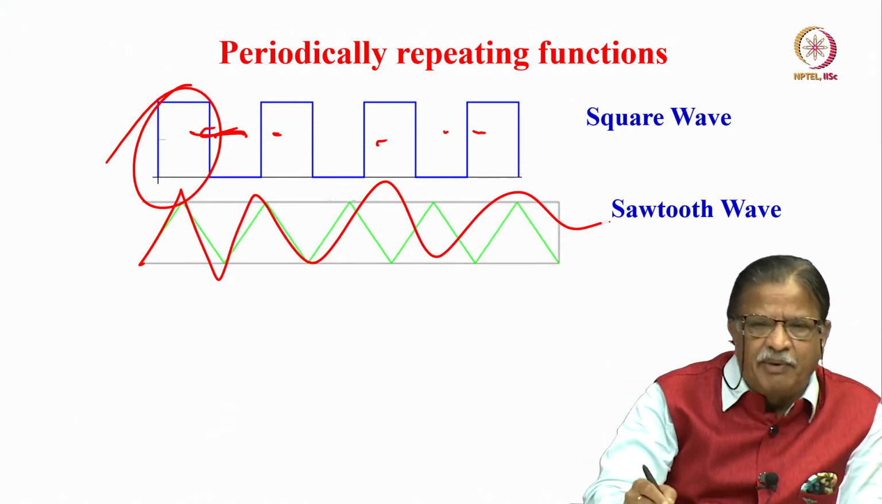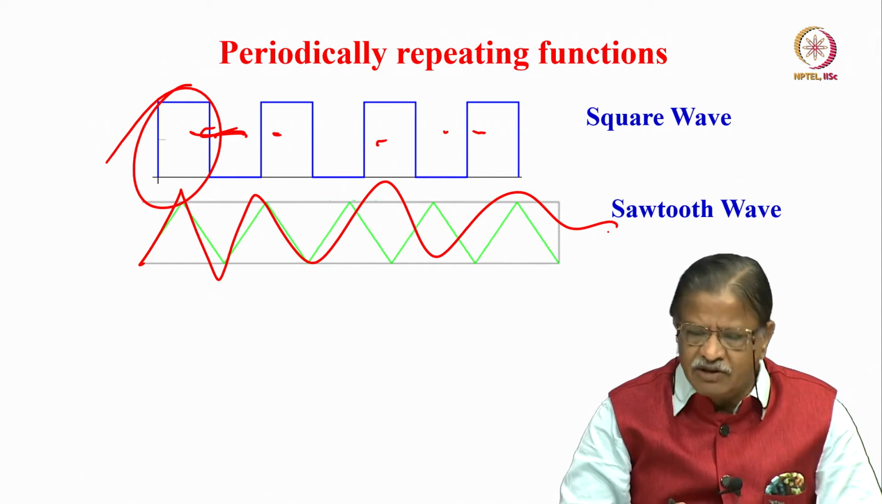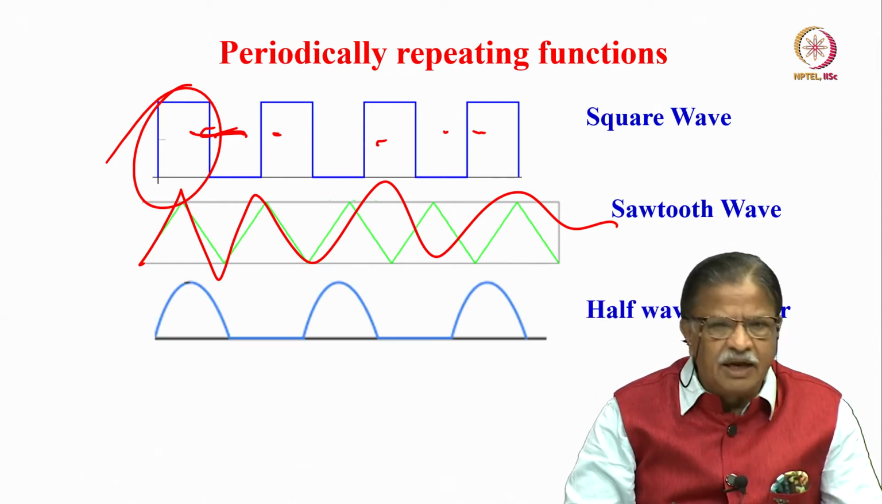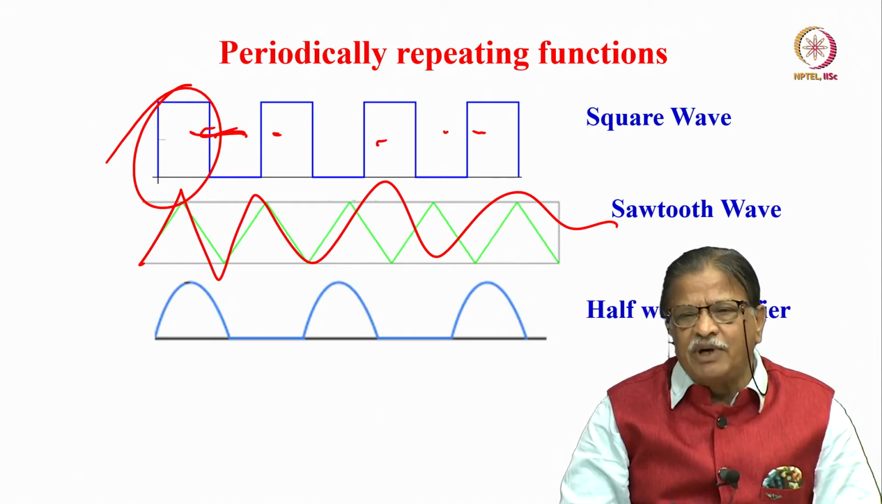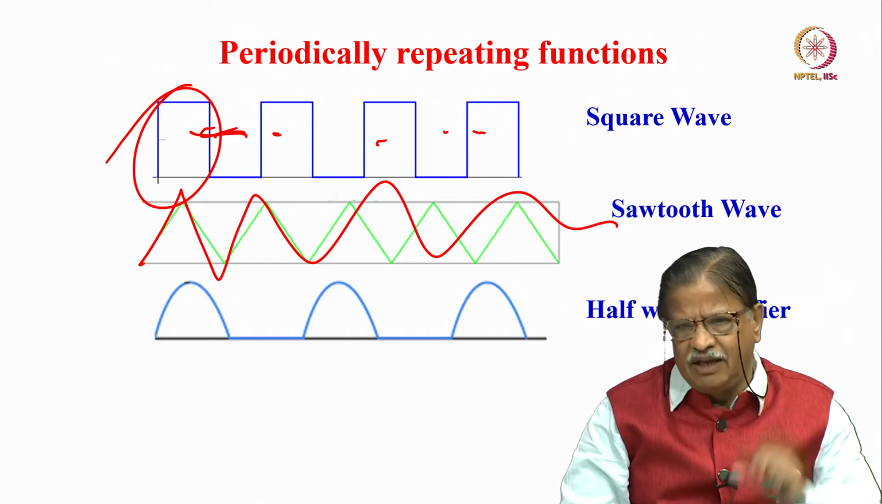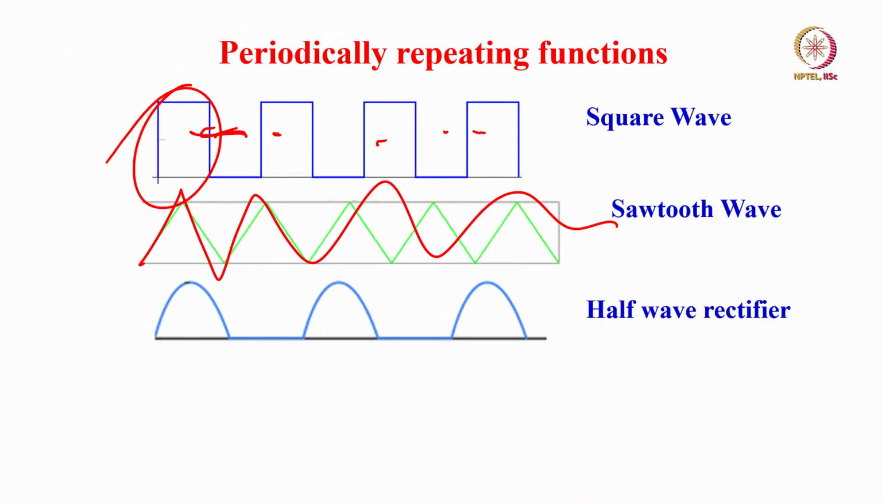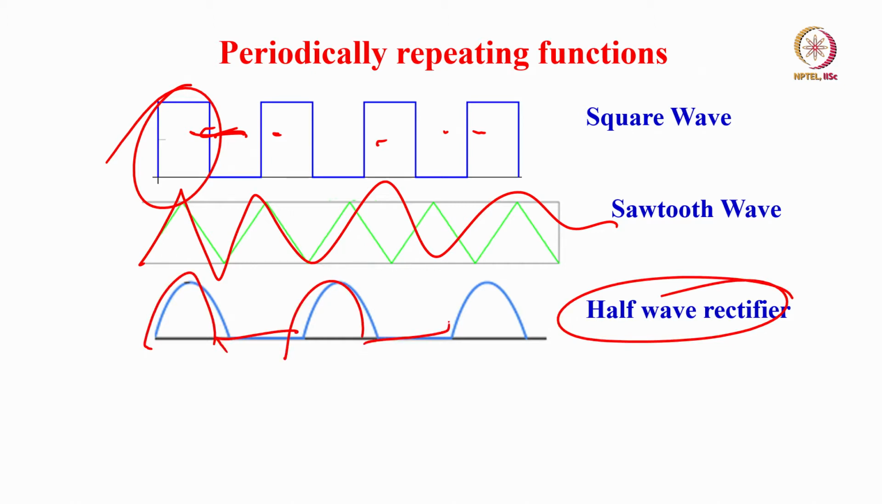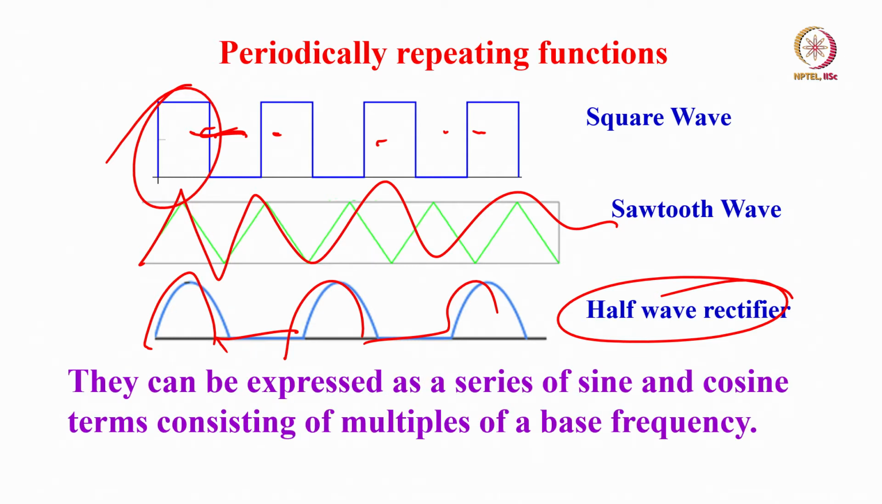Again, it keeps on repeating n number of times. It is also a periodic function. Take this output of a half wave rectifier. You know that in electronics you would have studied a half wave rectifier, you have a function here, zero function, and it repeats. It is again a periodic function. This is the output of a half wave rectifier. This is also periodic. So, all this can be represented by what is called a series of sines and cosines,